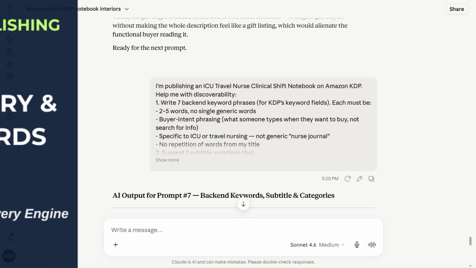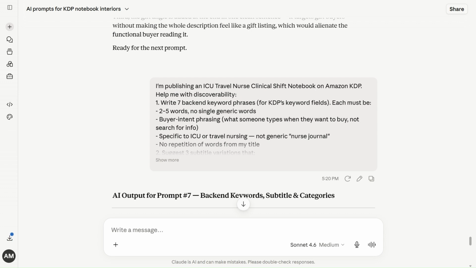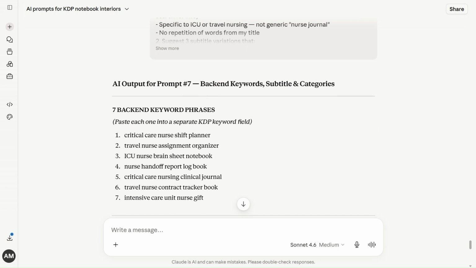I am using prompt number 10 to extract the exact high intent keywords that Amazon shoppers are looking for and use to find specialized clinical tools. This is the prompt and the output generated. It's giving us the 7 backend keywords which are very important for our book to be discovered,